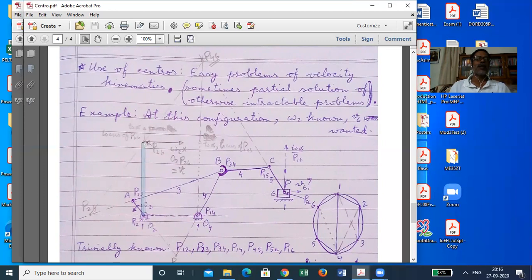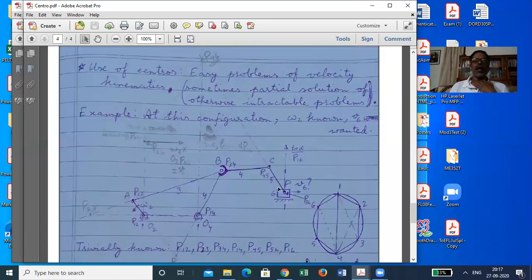Omega 2 cross this vector. Okay. And since this vector is vertical, the cross product will be horizontal like this. And see, omega 2 is this way. So omega 2 cross this position vector will not be in this direction, but in the opposite direction. So this direction that I have drawn is wrong. The velocity will be in this direction, and therefore V6 will be in the negative direction to the one that has been shown here.